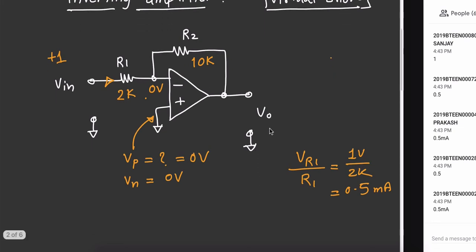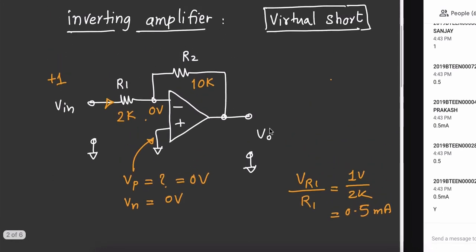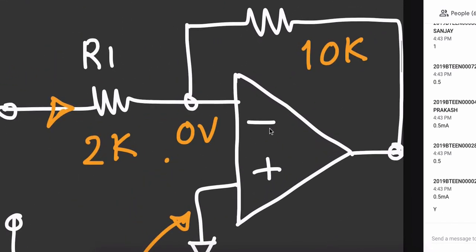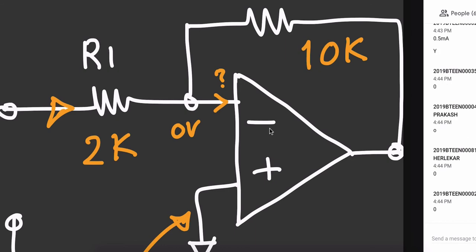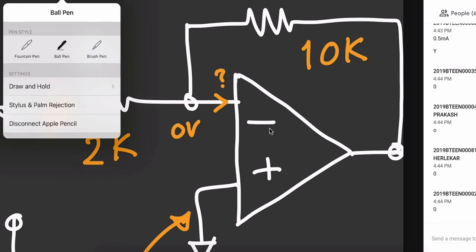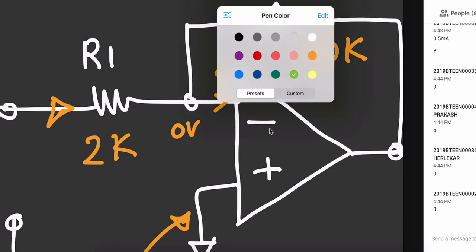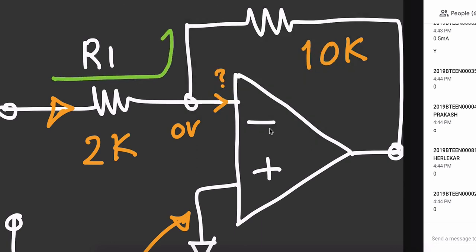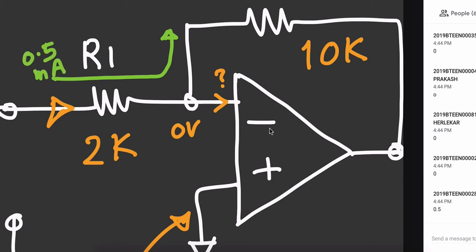Okay. Now let me magnify this circuit, यानी कि ऐसा करके magnify करेंगे, and then we'll rub out certain things. 0 volt, and tell me how much is this current? Ideal op amp, 0, so this is 0 current. So therefore whatever current is flowing here, the same current will flow here. So if it is 0.5 milliampere, this will also be 0.5 milliampere.